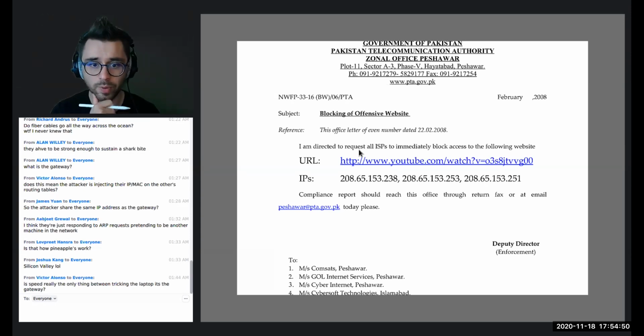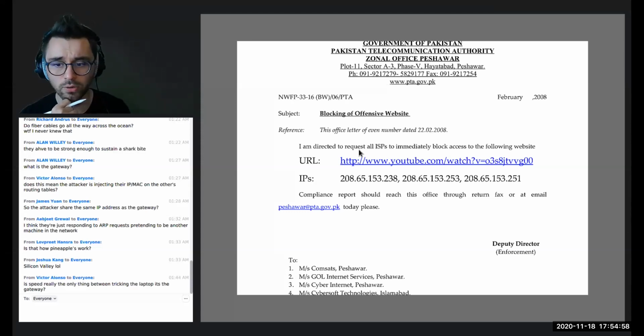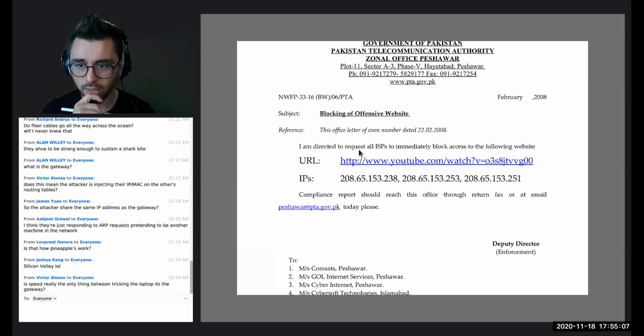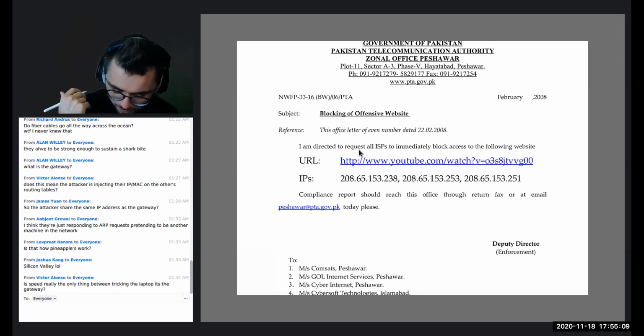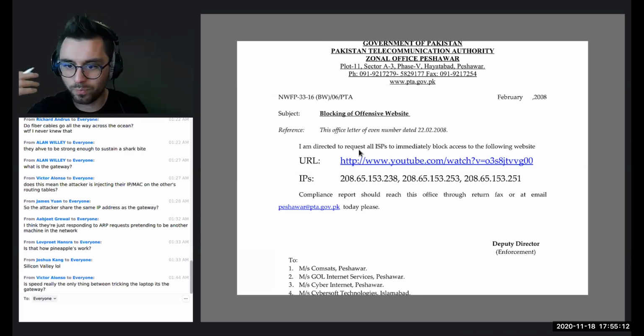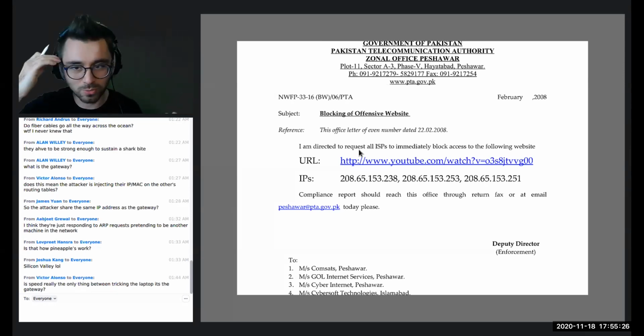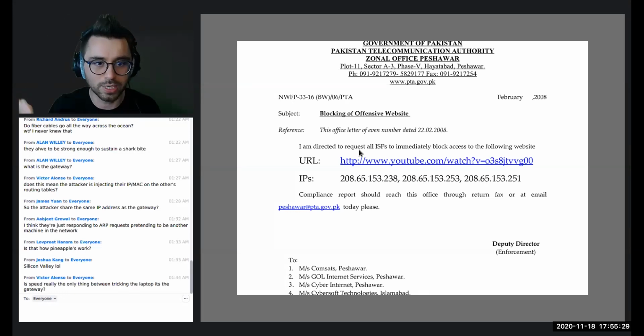The way they did it is by adding new routing information for these IP addresses, essentially black holing them. They said that we have a very fast route to 208.65.153.238 to this particular part of the network, which doesn't actually exist. But what happened was, when they added these BGP entries, they kind of screwed up, and they had these entries for YouTube that said, I have a really fast route to YouTube. And this route information was actually shared with the neighbors, because that's how BGP works.